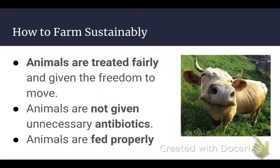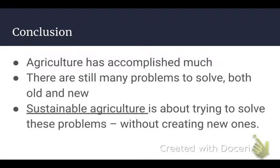Okay, in conclusion, agriculture has accomplished a lot of stuff. This screen's still waiting, but at least with this next screen, you don't have to write. So agriculture's accomplished a lot. We've grown a lot in a lot of really good ways, so we're very thankful for that. There's still a lot of problems to solve, both with your old and your new types of farming. So traditional farming obviously has its issues, but sustainable farming also has some issues too, some kinks that they have